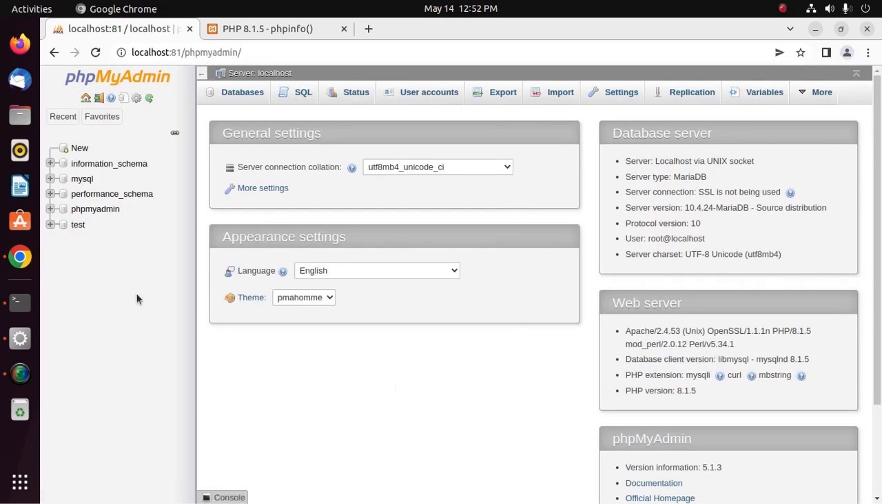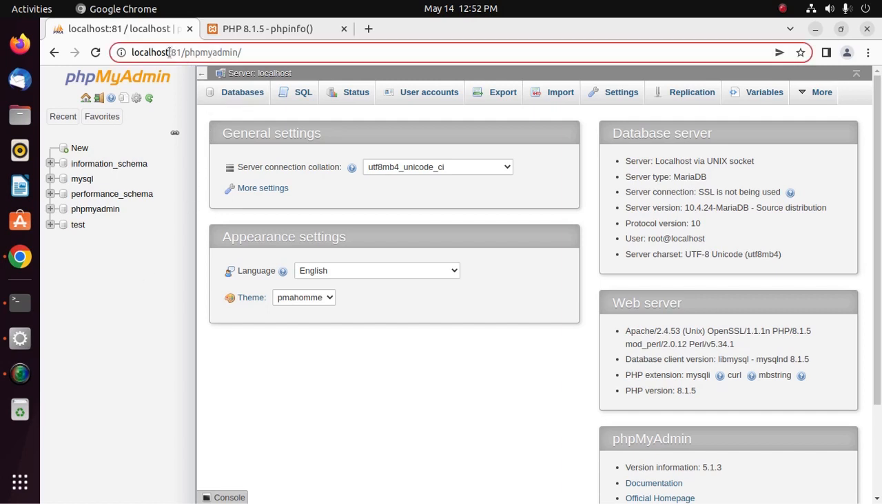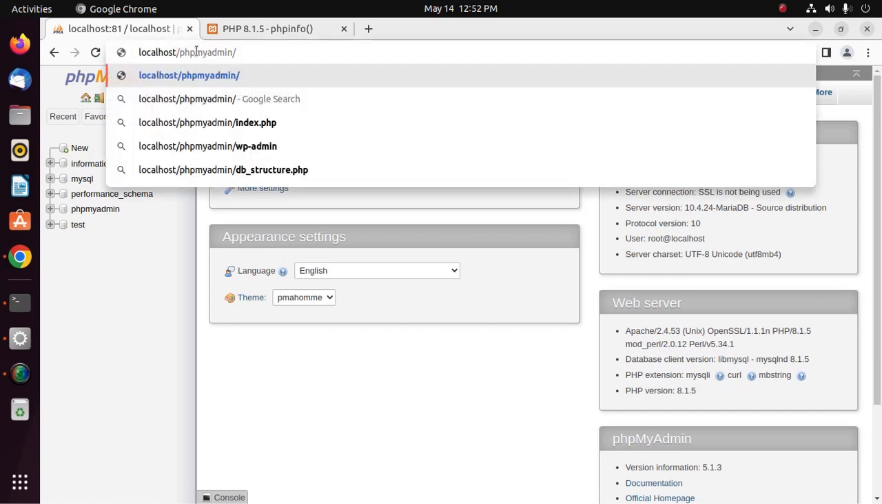That's it. But if you install only XAMPP server on your computer, then you do not need to use the port 81 or 3307. Okay, then you will be able to access phpMyAdmin. Only type localhost/phpmyadmin only. Okay,